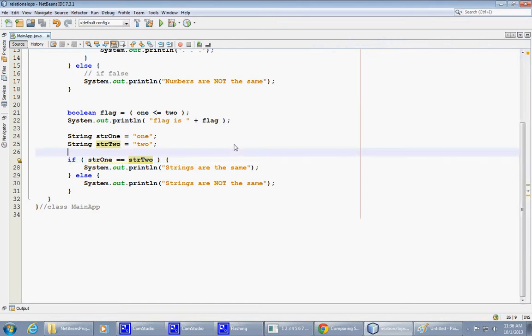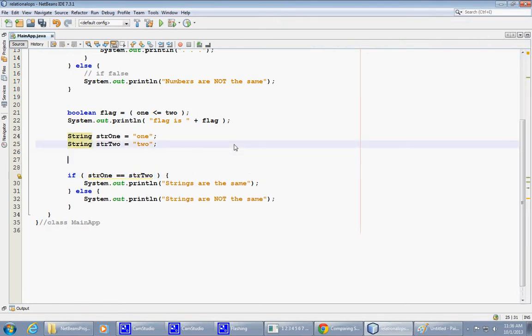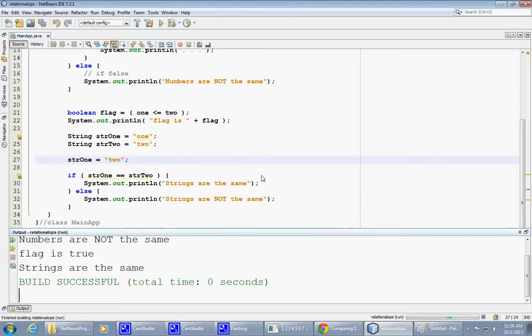Let me do another trick and say, okay, how about this? Str1 equals str2. So I kind of force strings to really have the same content. Okay? And rerun this program. And the worst part of this exploration into string comparison, if you will, is that now it says the strings are the same,